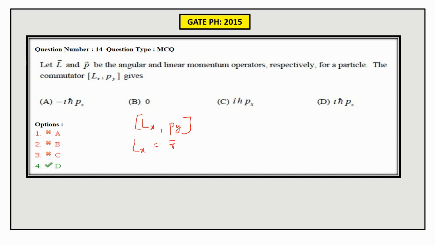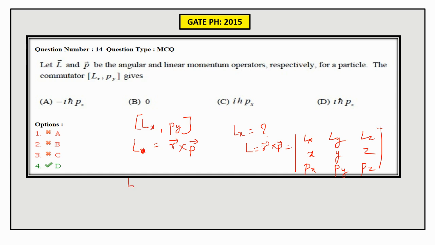Angular momentum is r cross p, right? So if we are asked to find Lx, we'll do L is equal to r cross p, which is the determinant with rows Lx, Ly, Lz; x, y, z; and Px, Py, Pz. Now if you are asked to find Lx, then this will be